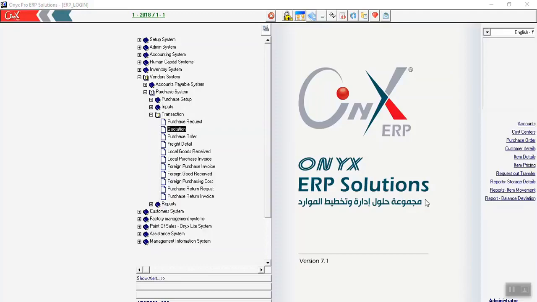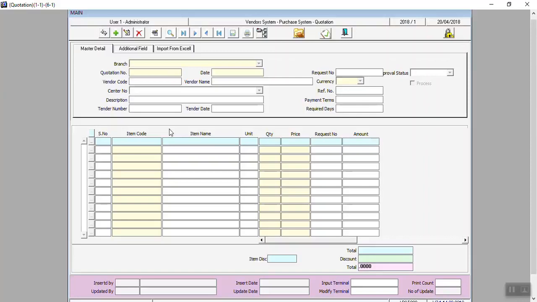Second step is about quotation. This screen aims to carry out the entry of quotations taken from suppliers for the purchase requests that have been made, so the user can enter more than one quote for a single purchase request. We can also do a trade-off between specific offers and choose the best offer. Using the screen after clicking on the Add button, we have your branch number, quotation number is the quotation serial number, date, the date of the transaction. We have request number. By clicking on the F9 button